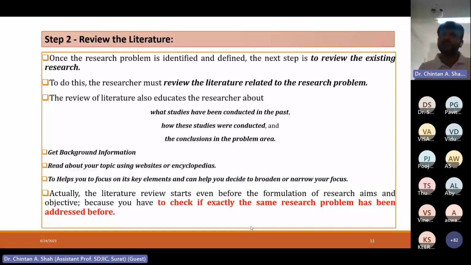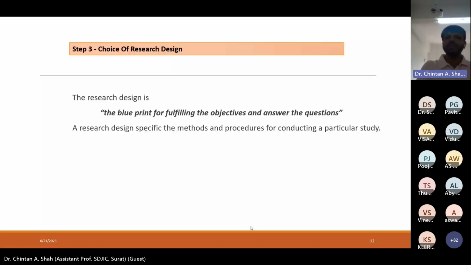That's why I repeatedly, continuously said, you have to define the research problem. You should work on the research problem through past studies. And now the research design, the third step. Research design is the blueprint for fulfilling the objective and answering a question. Basically there are three choices we have: